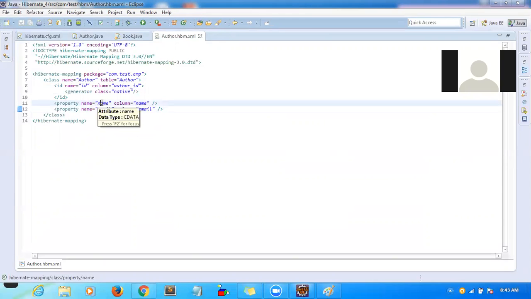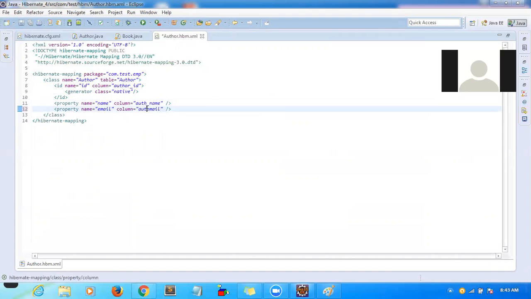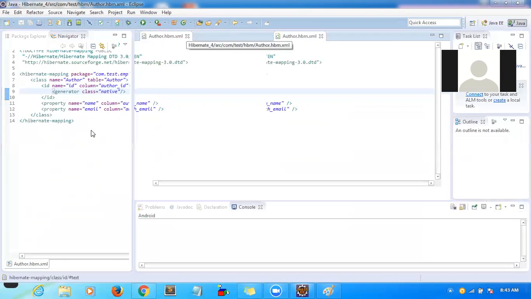Now two more fields: author name, which I want to save as author name, and email. If you don't like this one, you can give it like author underscore name. You can give the column name whatever you want. Here this is the Java field name and this is the corresponding database column name. Okay, now the author details are ready. The author ID will be generated by the database. Now go to the